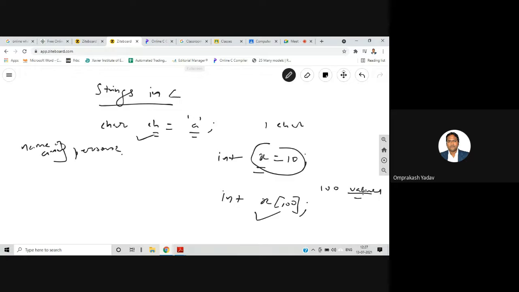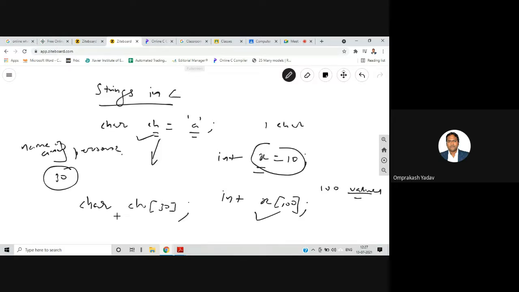In a similar way, if I want to store the name of a particular person, the name will be, let's say, 10, 15, or 20 letters. Suppose the name is 30 letters. Then I'll have to create a character array of 30 letters.